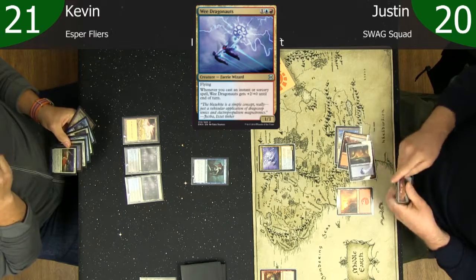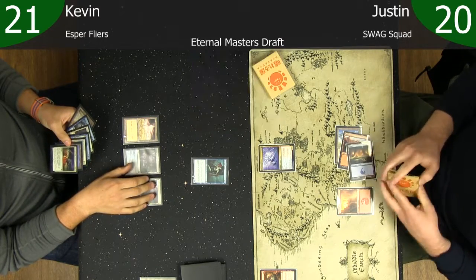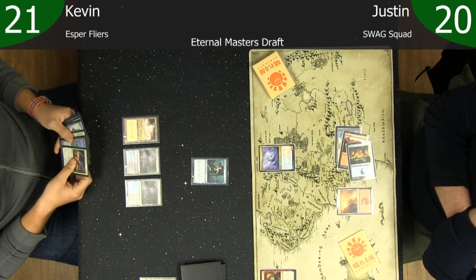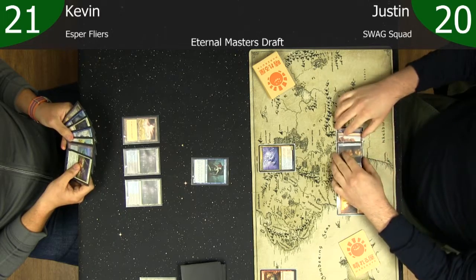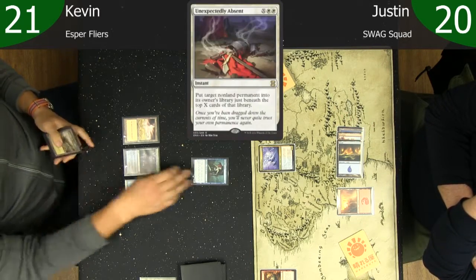Kevin has drawn an Unexpectedly Absent. That is a very good card in this situation where he just wants to get rid of a big Wee Dragonauts if Justin does make it large like that. I think he might want to... Oh, no, that cost 5. I was going to say he might want to play the Glass Spinner, but...